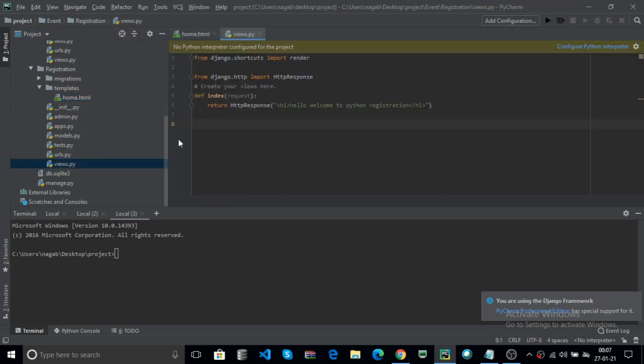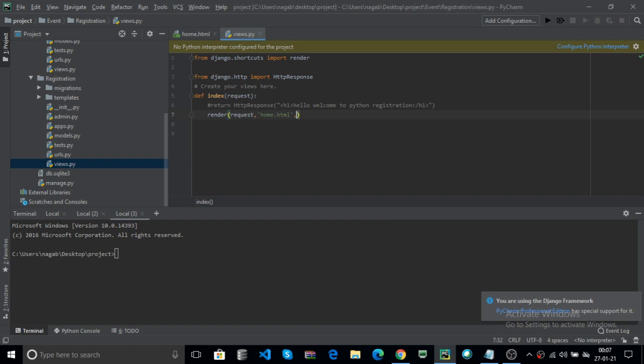It handles both the responses and your HTML requests data. Now instead of HttpResponse, you can use render. Render is used to render your HTML page. Render contains parameters. The first one is the request, and the second one is your HTML data, that is home.html.